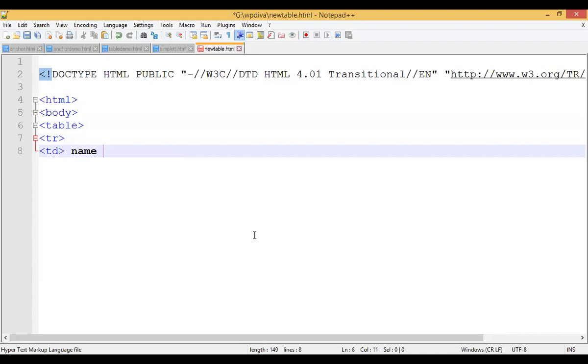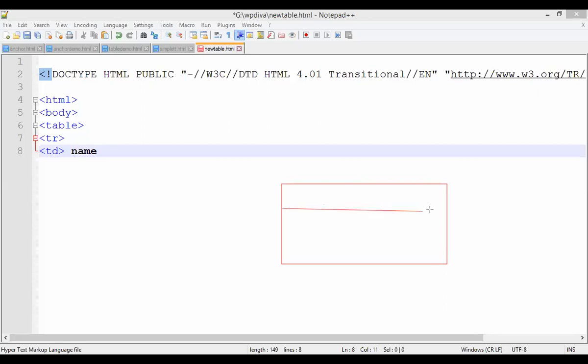Then how do you have to do it? How is the structure formed here? See, the structure is formed exactly like this. When I take a table tag, it will come here. And when I take a tr tag, what will happen, guys? One row will come. That is one tr. One tr means one row. So when I take this tr, one row is going to open, guys, right?